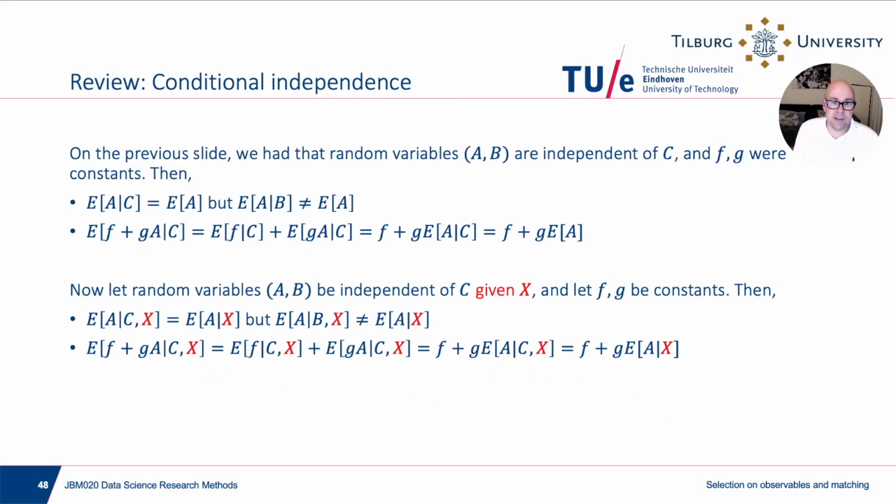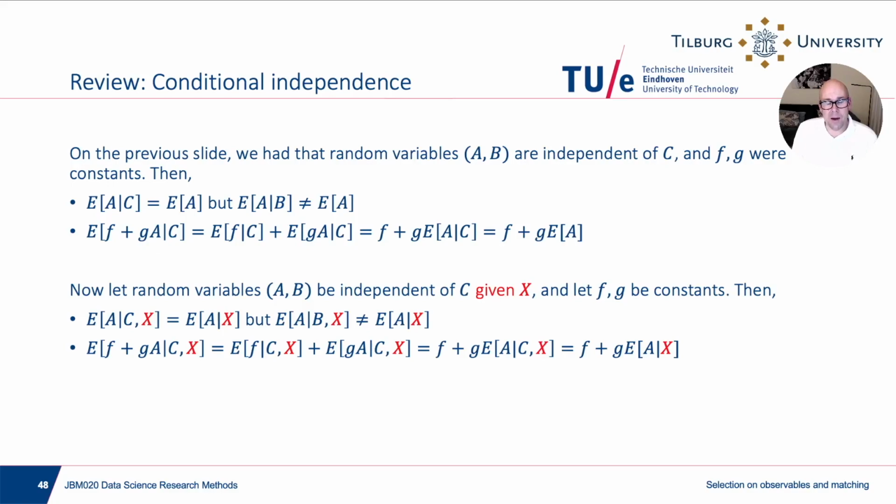Now it's maybe a little bit confusing, but the point is that conditional independence is implied by independence, but not the other way around. So if I know that there is full independence, then I have more in my hands than when I know that I have only conditional independence.